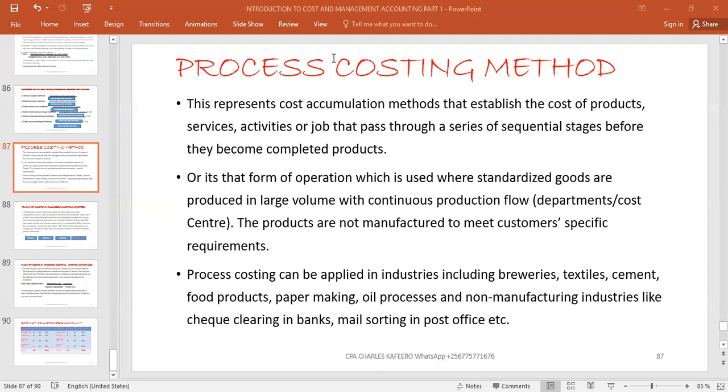Some of the industries, we have the breweries, we have those who are manufacturing sodas, beers, and others. Of course, you find that the company is delivering exactly the same product. They may be just different by name, but all of them are using almost similar resources. So we have the textile industries, making clothes and others. We have the cement industries, the paper making, and finally, we can talk about the oil